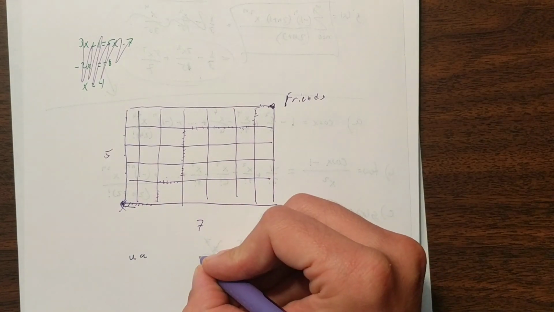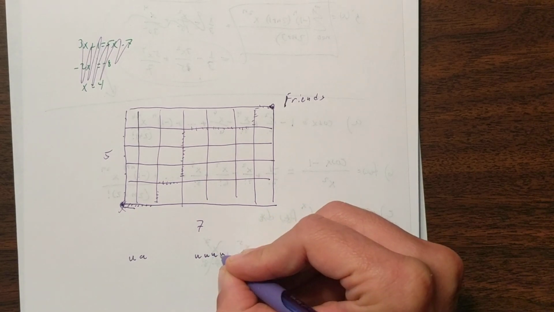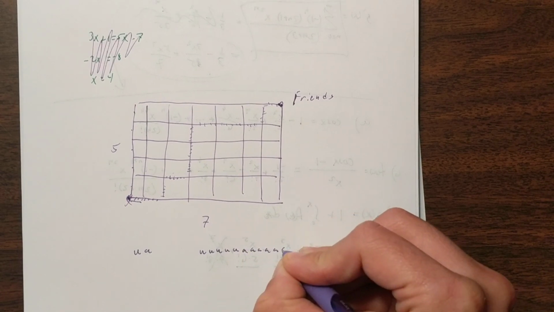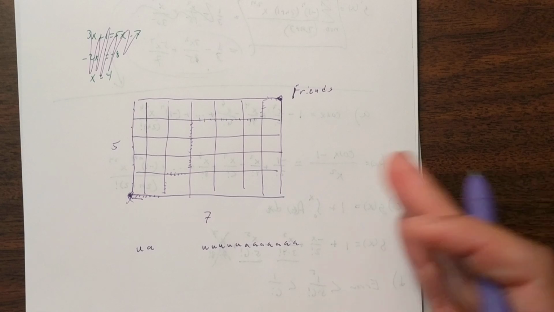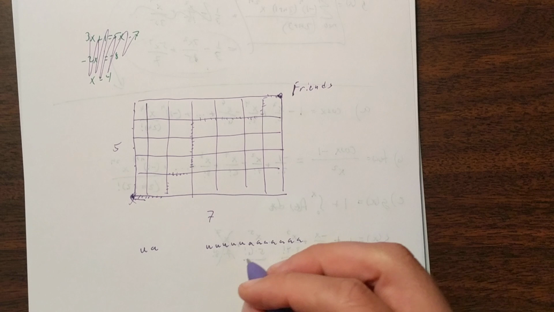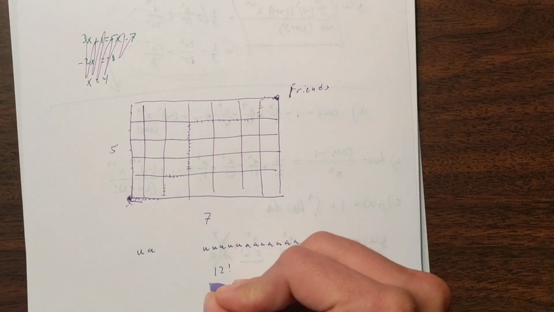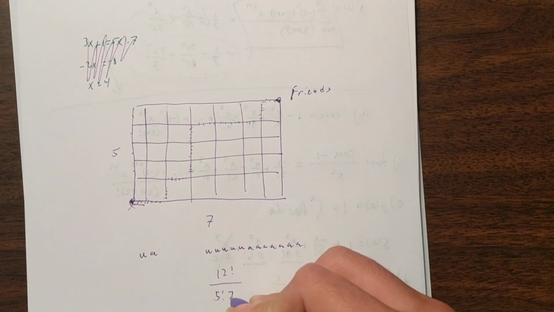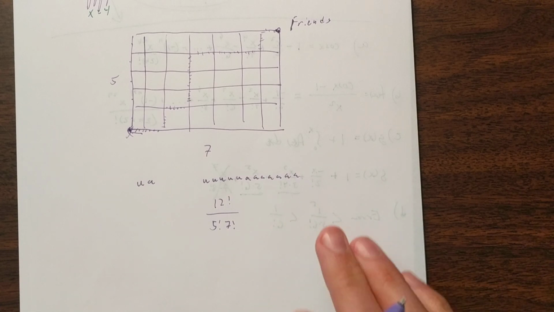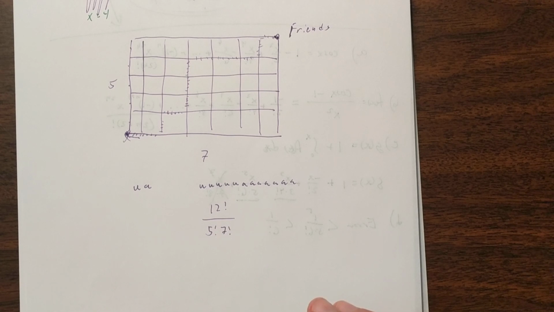So how many different ways can you basically permutate 5 ups and 1, 2, 3, 4, 5, 6, 7 acrosses? Well, that's actually not too bad, right? This would simply be, well, you've got 12 factorial divided by 5 factorial and 7 factorial. And that's how many different routes. So it ends up being a really simple problem. But because there's a story to it, we get kind of caught in the weeds.